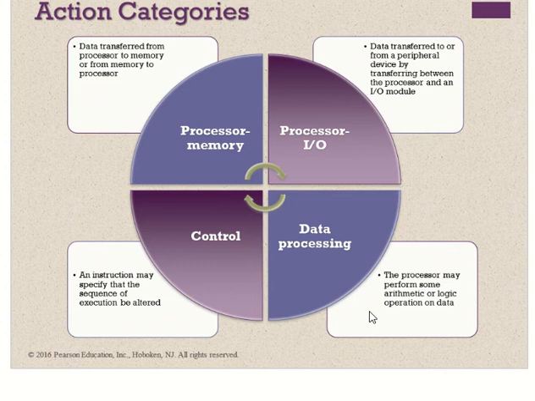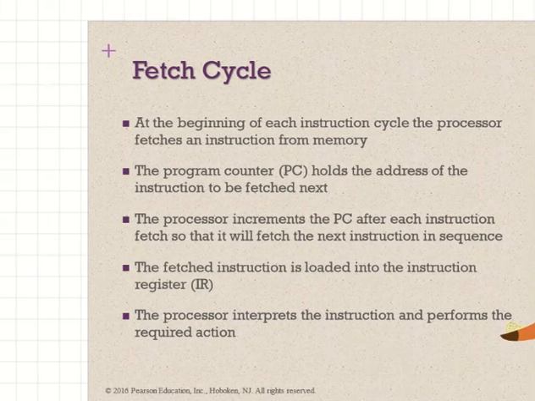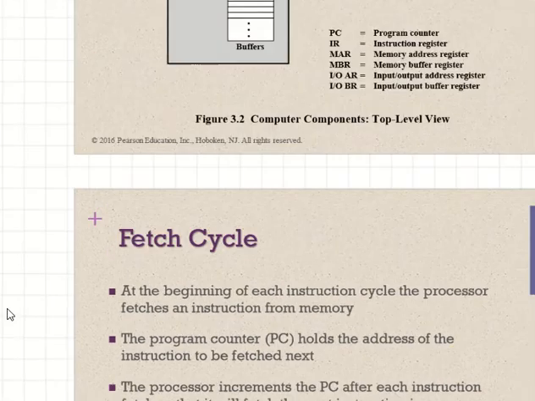So next, the second one, processor IO. Here it is, processor IO. The same thing. Data may be transferred from processor to IO or from IO to the processor. IO means input output devices. Okay. So let's move on to the previous slide. Processor memory, processor IO. Let's remember this point. We already discussed this one.